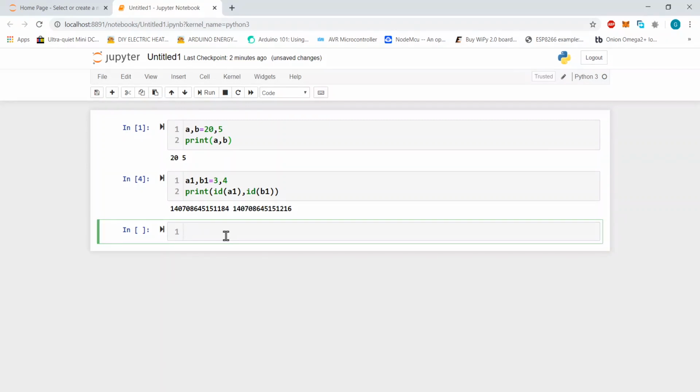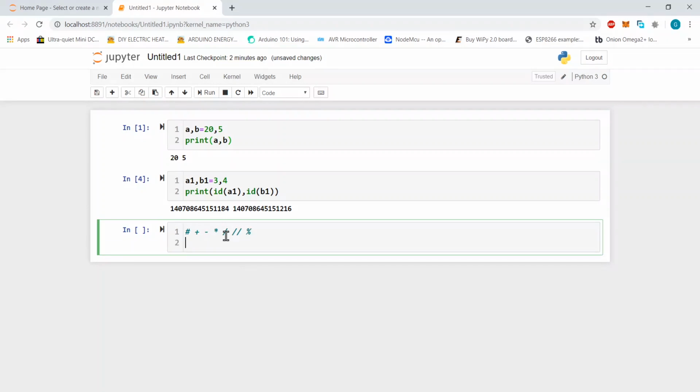Now let's start. We will start our discussion with the arithmetic operators. Which are the arithmetic operators? Arithmetic operators are plus, minus, multiplication, division, floor division, and modulo. Assignment operations are also there.